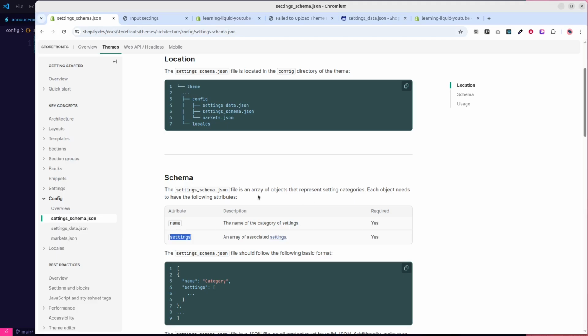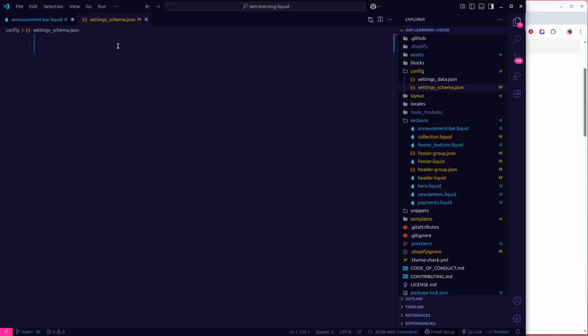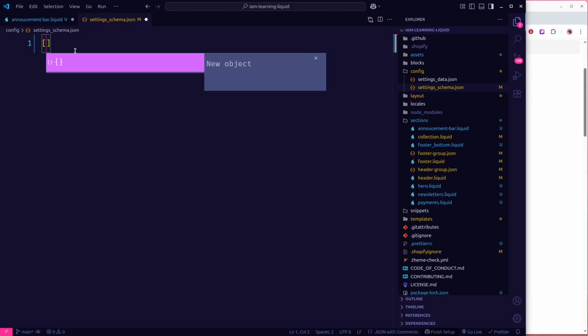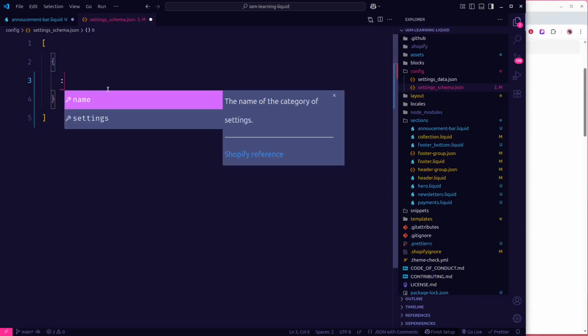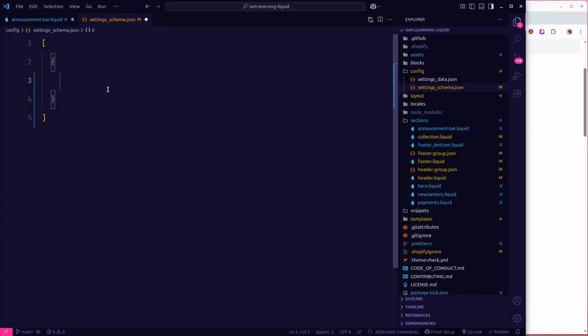Okay, so first it is an array of objects. So let's go back to our settings_schema.json. Let's create an array, and this array is going to be accepting objects. All right, and here we can give it a name and the settings, but for now let's talk about